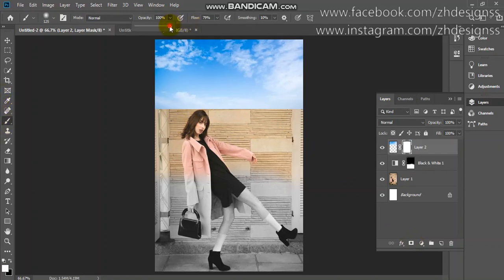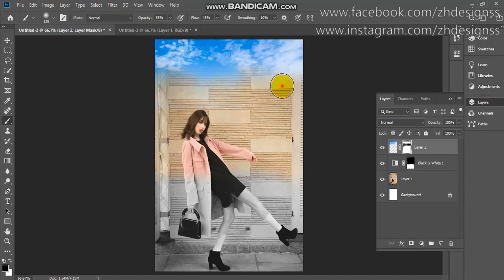You have to set your opacity and flow according to your work. Here I am decreasing the opacity to 55% and flow to 45%. Now my foreground color is black. I have added the layer mask to this cloud image, and now if I work with it, it is removing it. So it is used for blending.